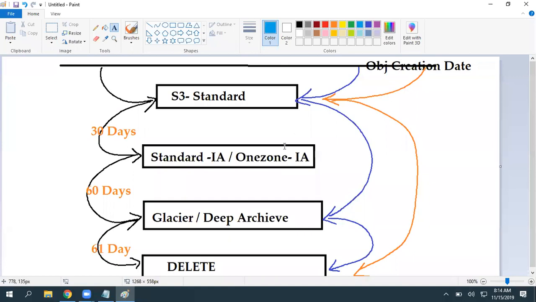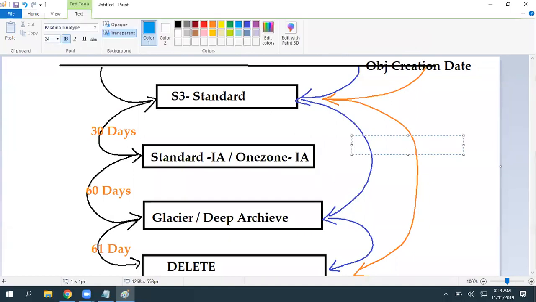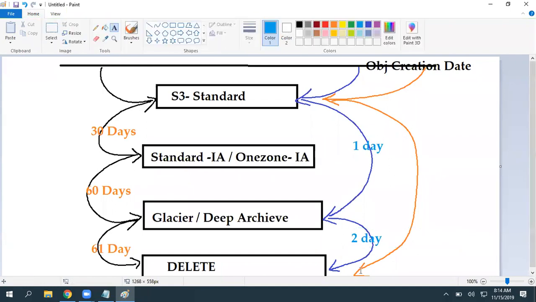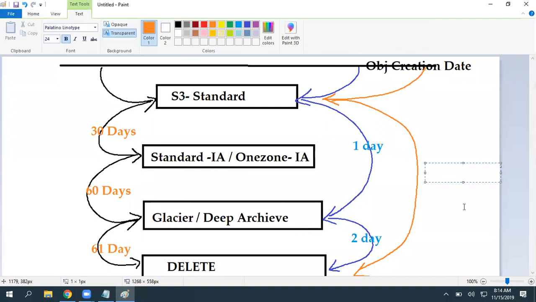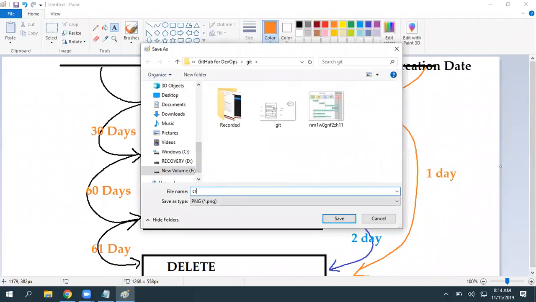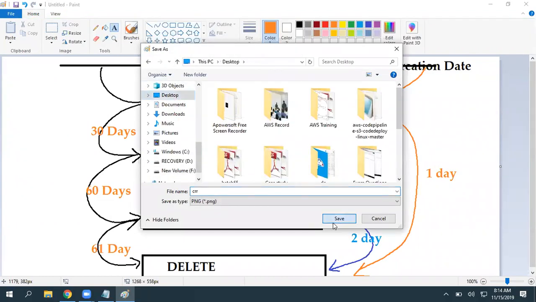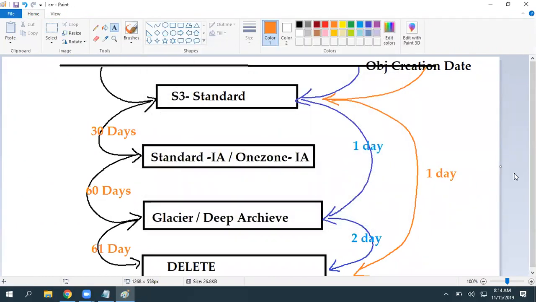Now, in this second scenario, the immediate next day you can trigger to move the data to Glacier, and the day after that, you can trigger to delete it from Glacier. That is the second scenario. In this third one, the immediate next day, you can trigger to delete it.